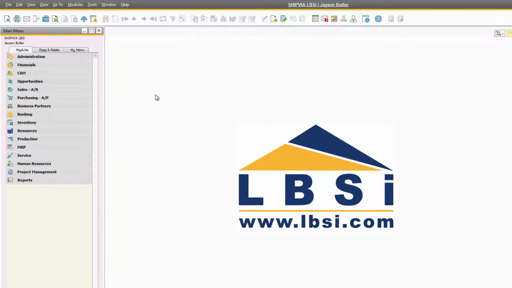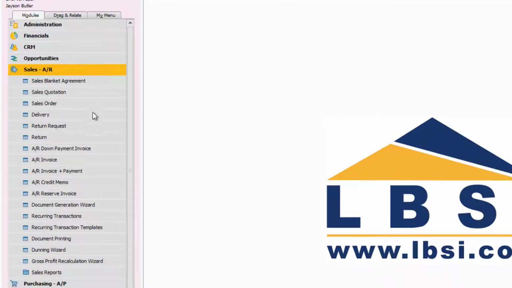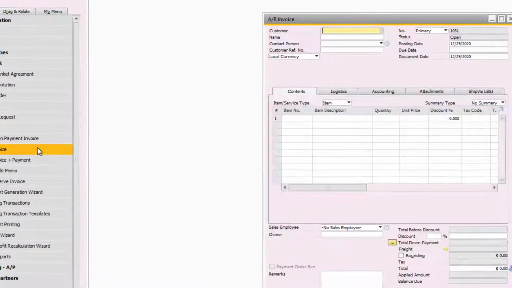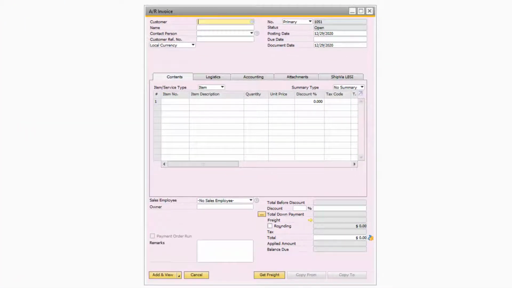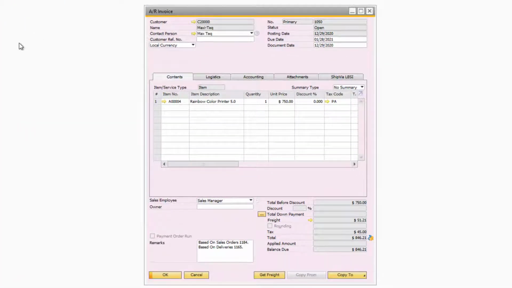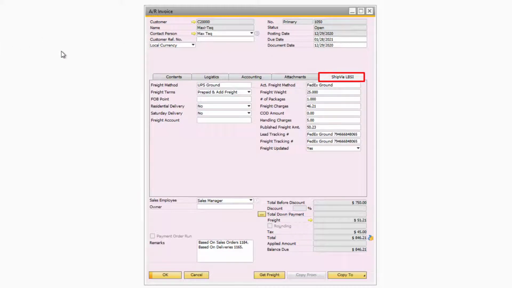To demonstrate all the fields on the ShipVia LBSi tab, let's navigate to Sales, AR Invoice to view an AR invoice that has already been processed using the ShipVia LBSi Freight Optimizer solution. The new ShipVia LBSi tab will be next to the Attachments tab on the Sales Order, Delivery, and AR Invoice